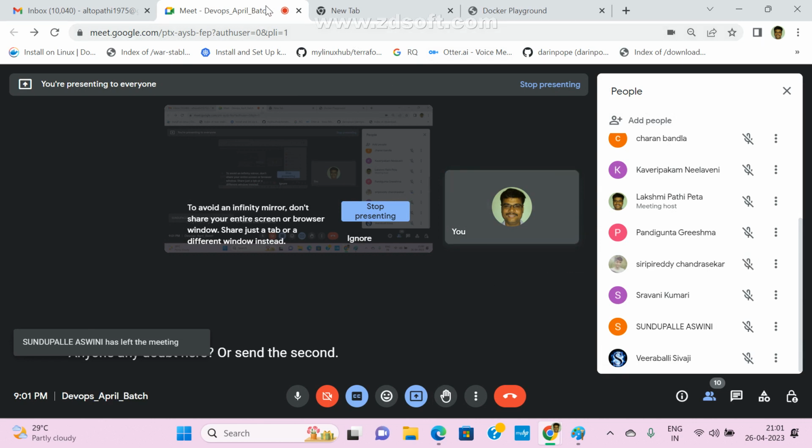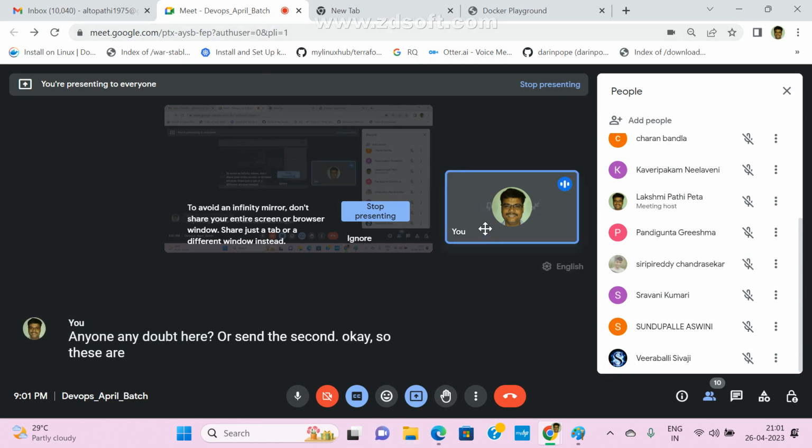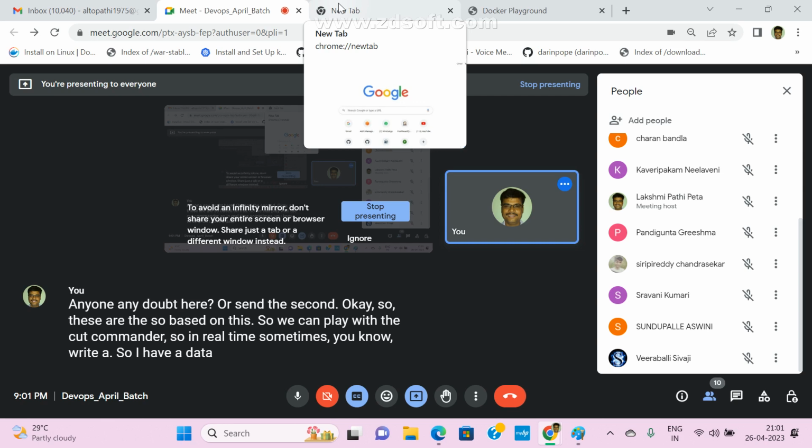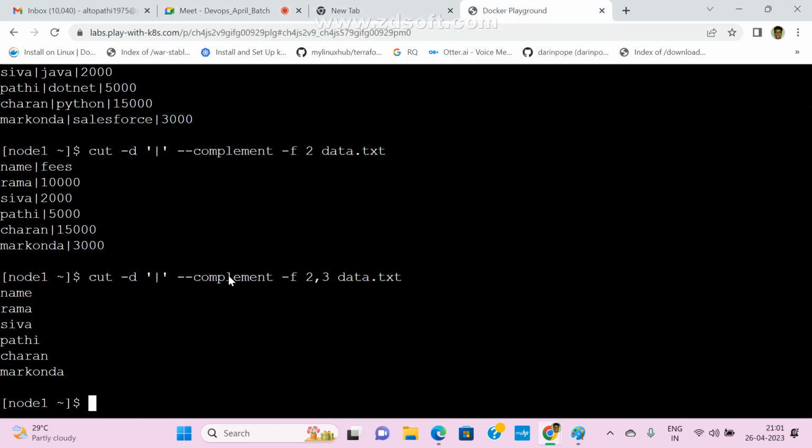Clear, sir. Okay, so based on this we can play with the cut command. In real time, sometimes I have test data with multiple columns, but you don't want to display all columns, and I want to split my file based on a delimiter. In that case, mostly we use the cut command.